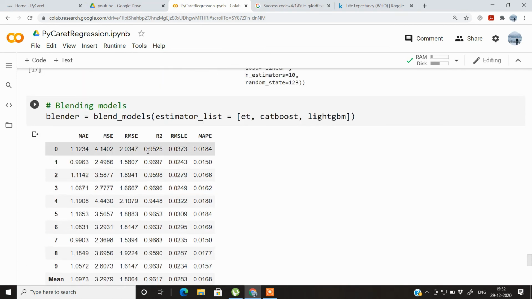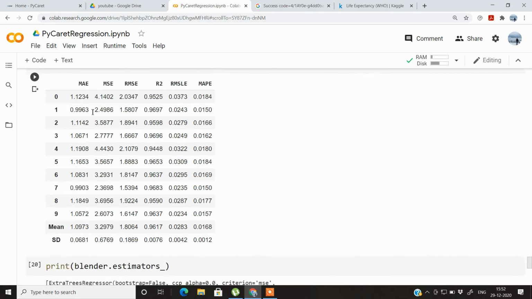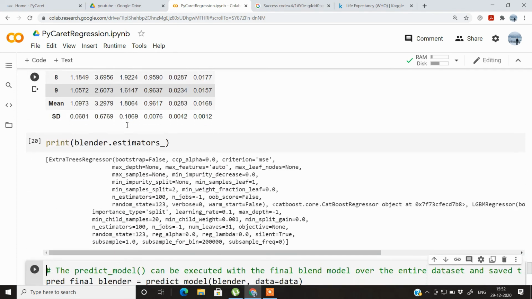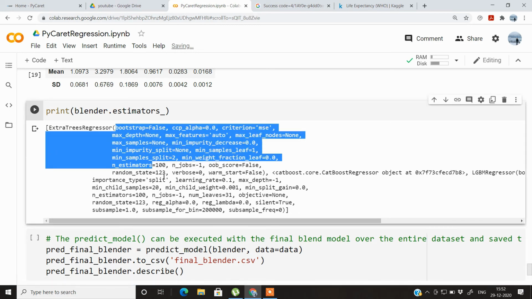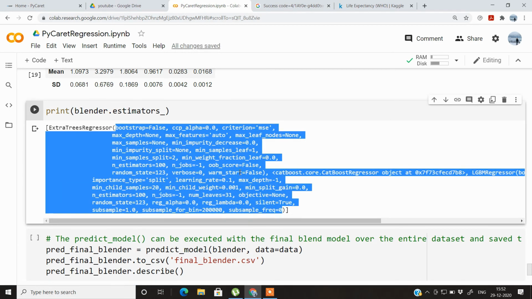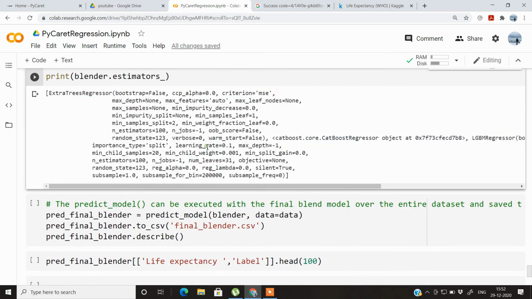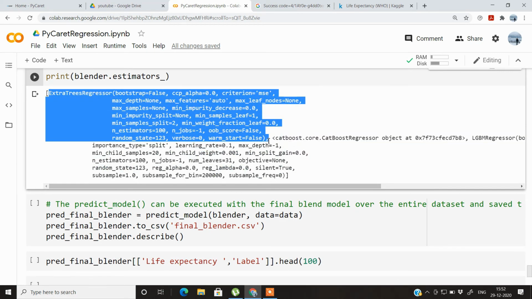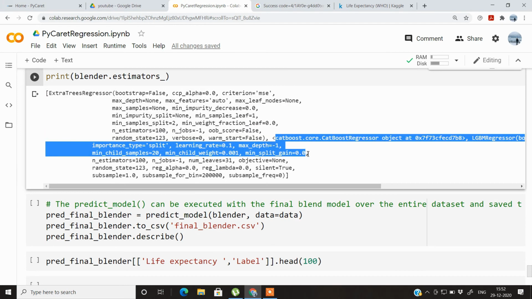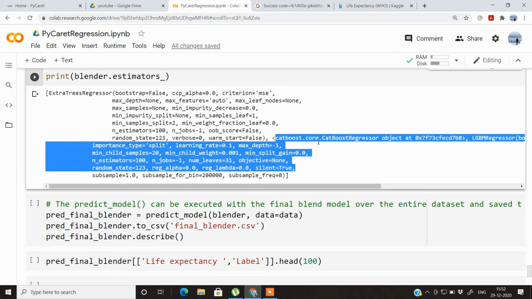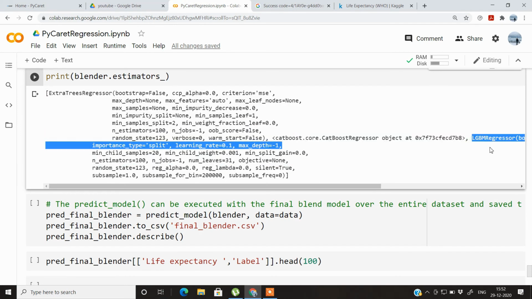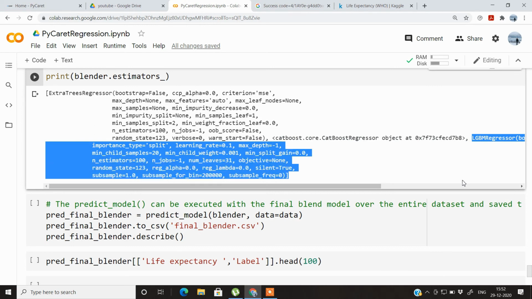Here we get all the metrics for this Blender that we did with the top 3 models, and these were the parameters that were internally running for the Blender. This one was for the XtraTree up till here, then the second for the CatBoost, and in a similar way the third for the LGBM regressor.